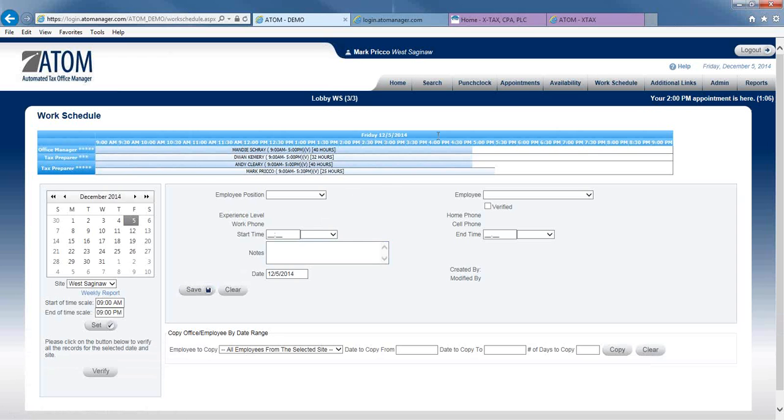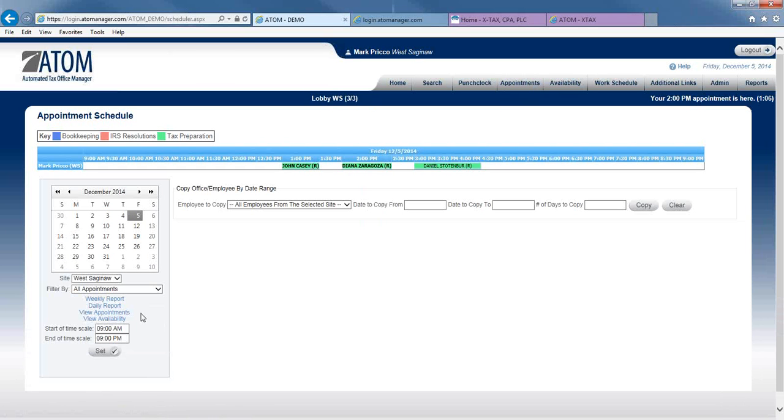Added new availability calendar. If I go to my appointments calendar here, we have a new calendar down here called View Availability. So if you have employees, preparers, whose schedule gets booked quite a bit and you find it difficult finding holes, where do I have a hole so I can schedule an appointment? This should be a helpful tool. It's going to be helpful in our office. So what this is going to show when I click on View Availability,